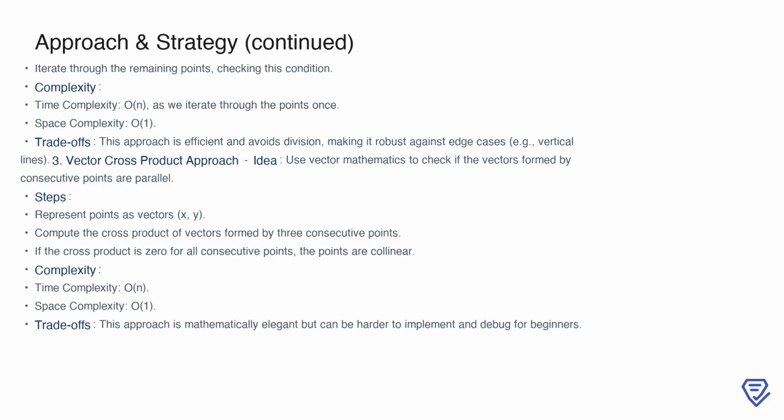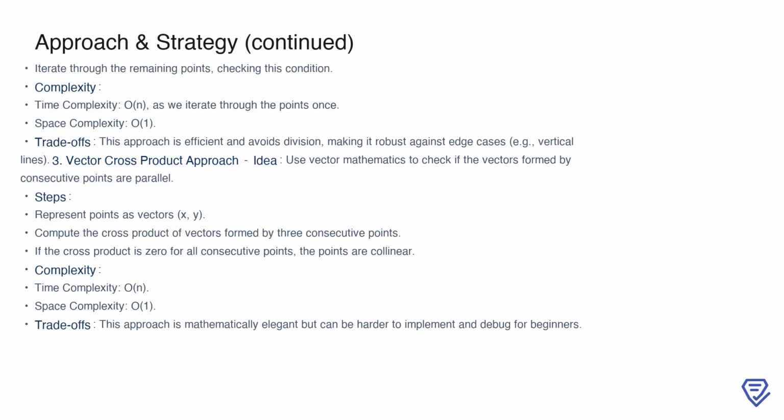and verify that the relationship holds using the cross-product condition, (y2 - y1) * (x3 - x2) = (y3 - y2) * (x2 - x1). This method is highly efficient, with a time complexity of O(n), as we only iterate through the points once. It also has a space complexity of O(1), as no additional data structures are needed. This approach stands out because it avoids division, reducing the risk of precision issues, and handles special cases like vertical